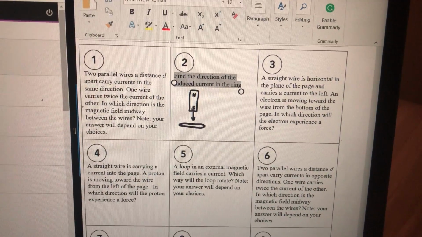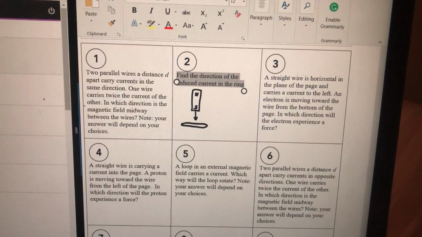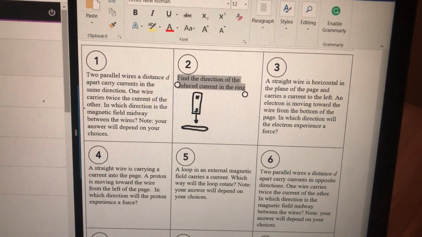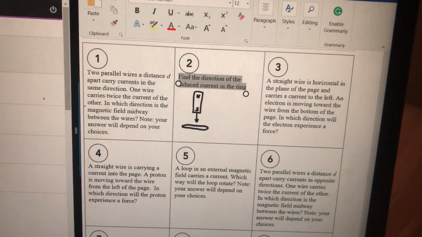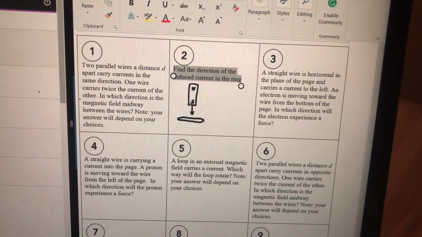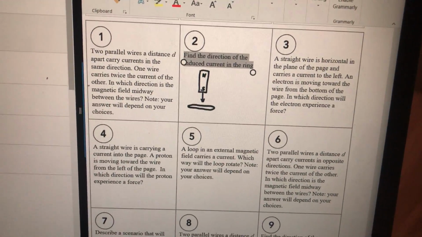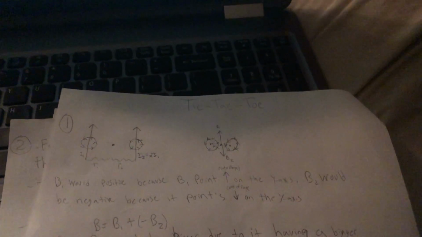For 1, we are asked: 2 parallel wires a distance d apart carry currents in the same direction. One wire carries twice the current of the other. In which direction is the magnetic field midway between the wires? To start, I drew a picture to help me understand. The picture's right here. So we know that current I1